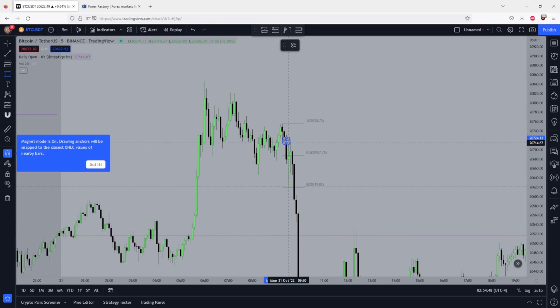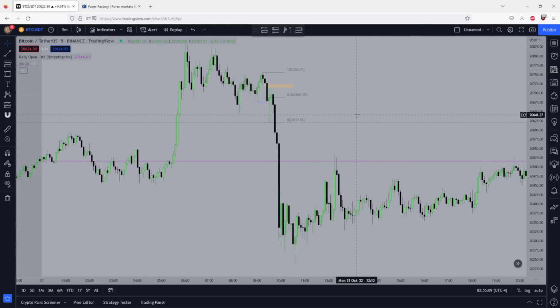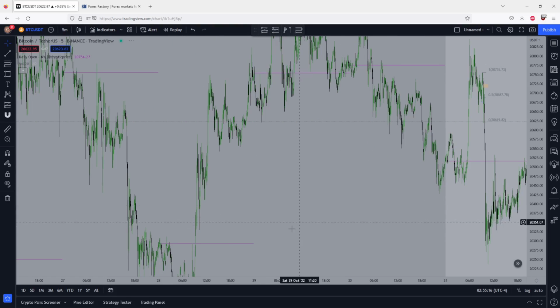And right here there was a fair value gap, so price pushed down, broke this low, so we have a shift in market structure, or it's more a continuation of the downtrend which we already have. Price then pushes down, comes back up into a premium, touches the fair value gap prior to then starting to sell off, and it sells off quite quickly, going below these lows right here and into,